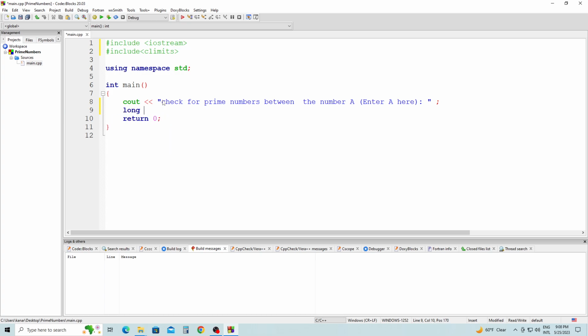We're going to declare long int A, semicolon, and we're going to take A into our program, semicolon, and a second declaration for B,